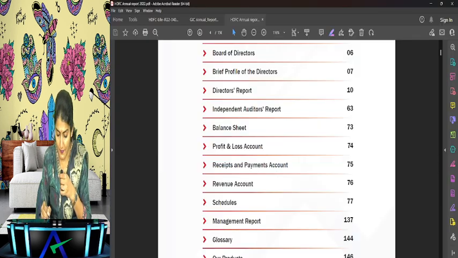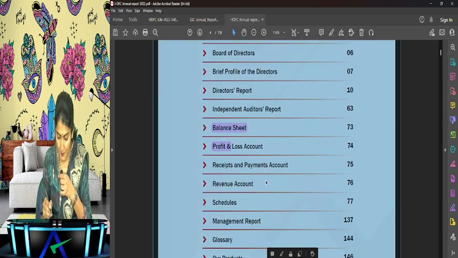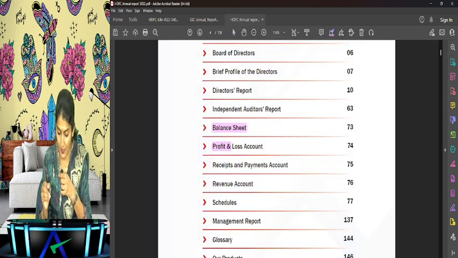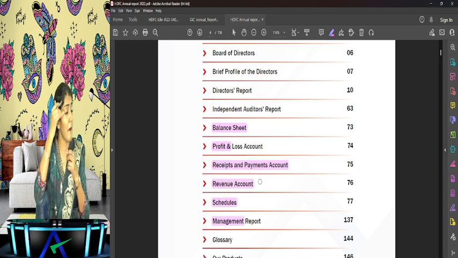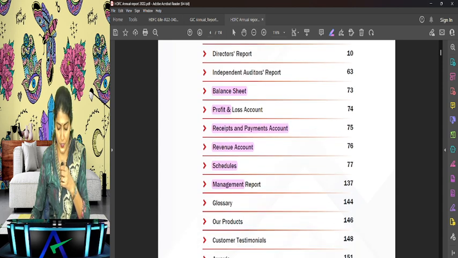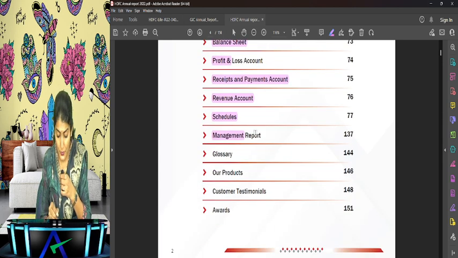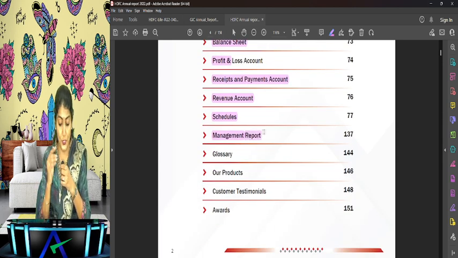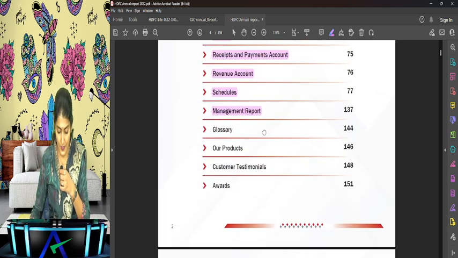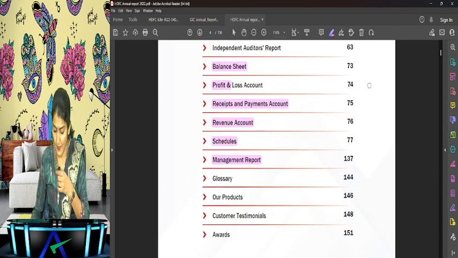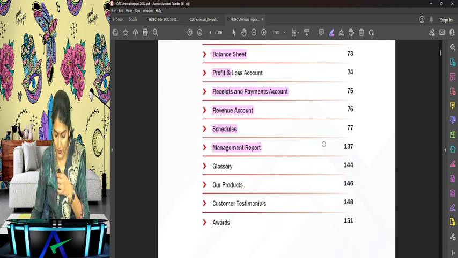So what does it say? The balance sheet, profit and loss account, then the receipts and payment account, and also the revenue account. Why receipts and payment account and revenue account also? Because it is a part of the financial statements of the insurance company. And I told you, insurance companies also have this management report, right? They have this requirement of the management report, and then the glossary, products, customer testimonials, and the awards, right? So we'll also look into the audit report and the contents of the management report,